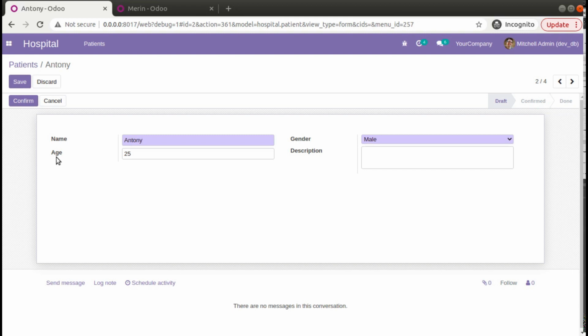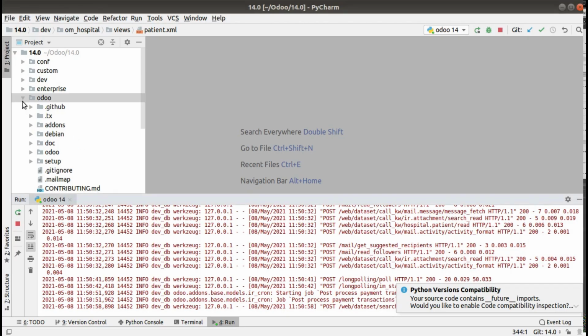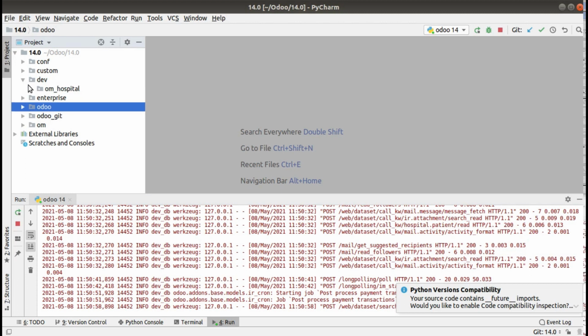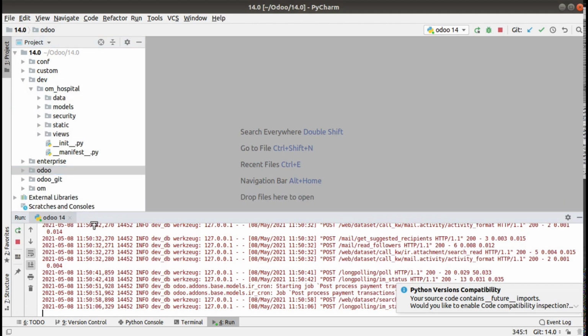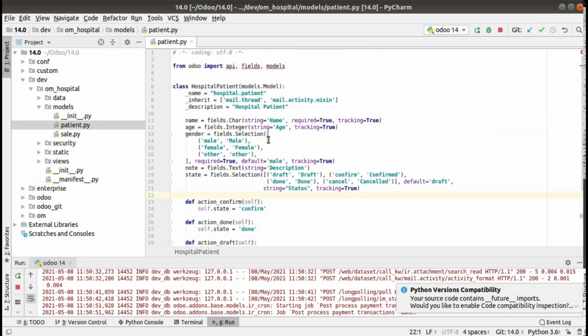To add the field I'll go into PyCharm. Here is our code. In the dev folder, which is my custom add-on, this is the om_hospital module, and if I open the patient.py file, here you can see this is the model hospital.patient where we have to add the new field.